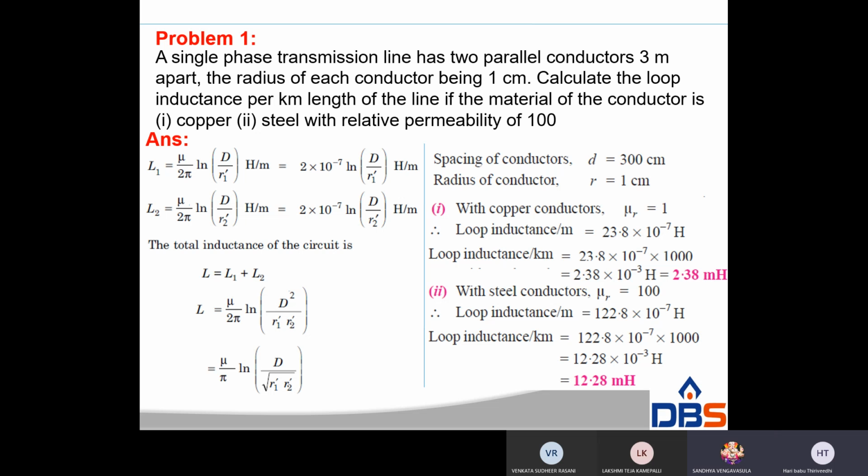Loop inductance per meter equal to 10 power minus 7 into mu r plus 4 ln D by r Henry per